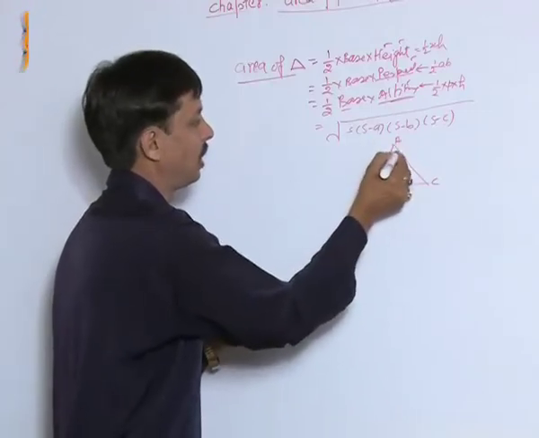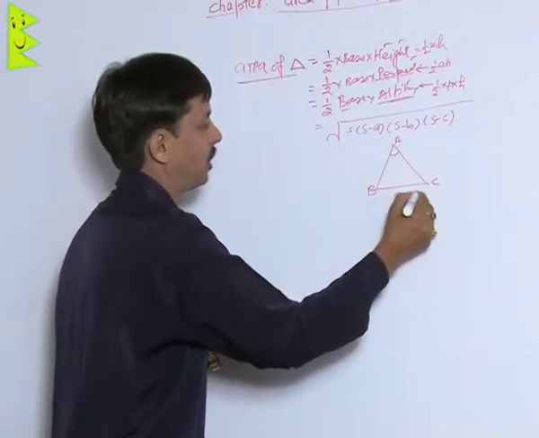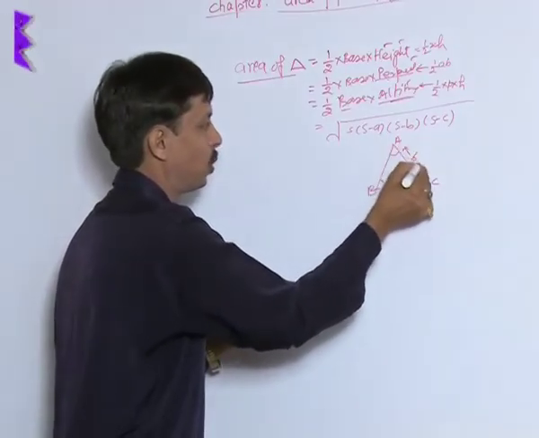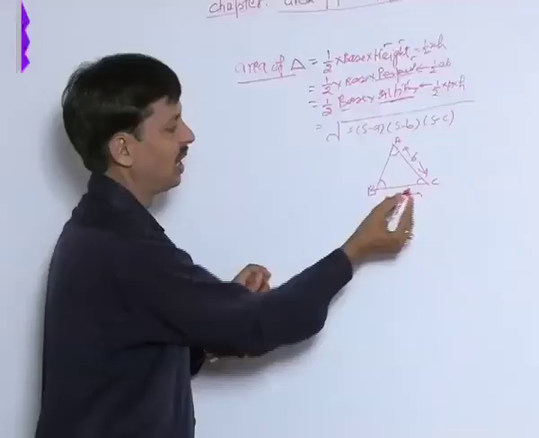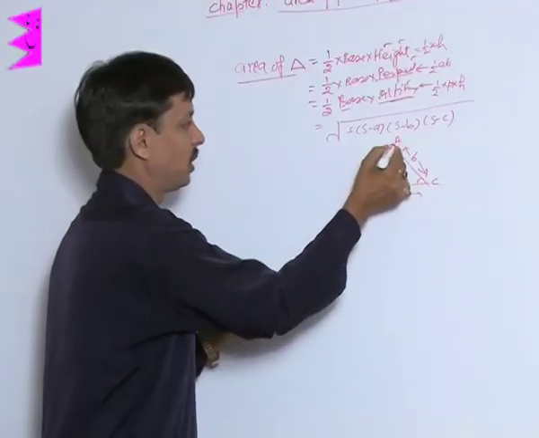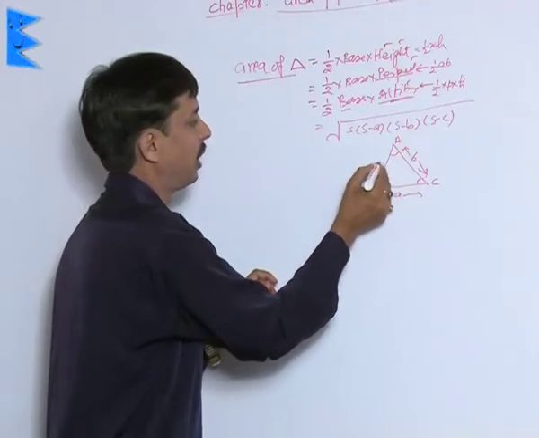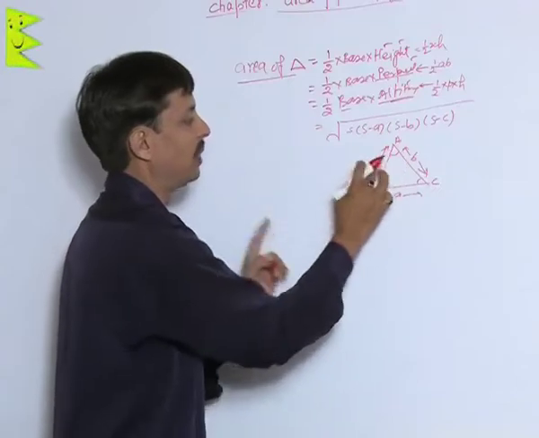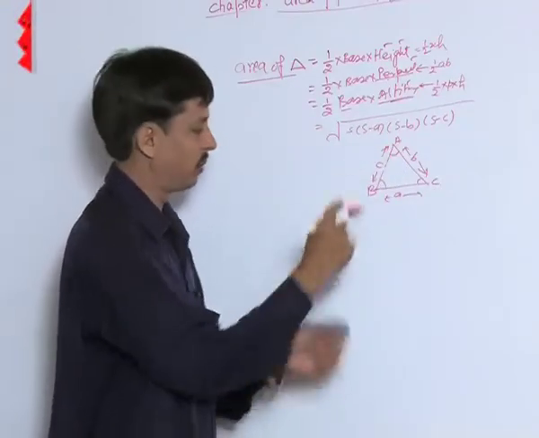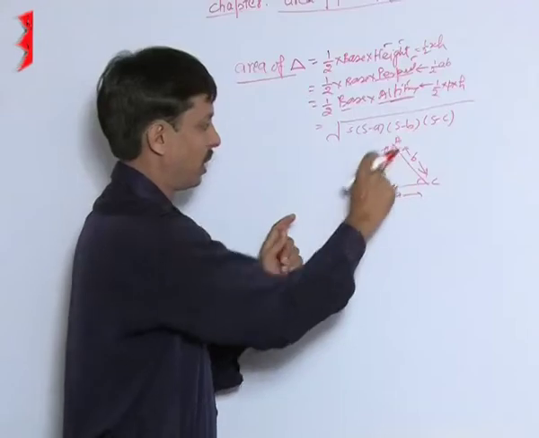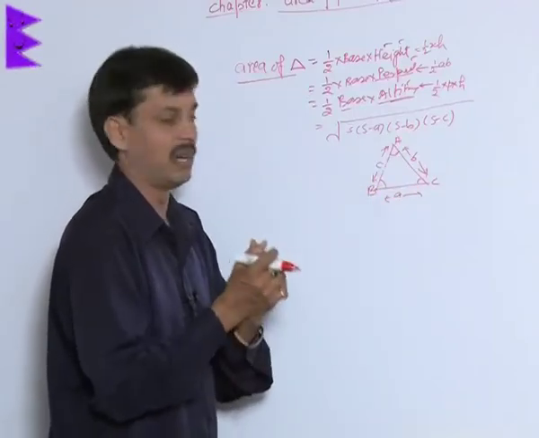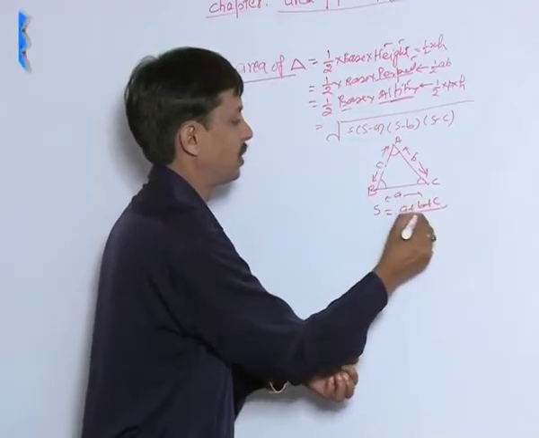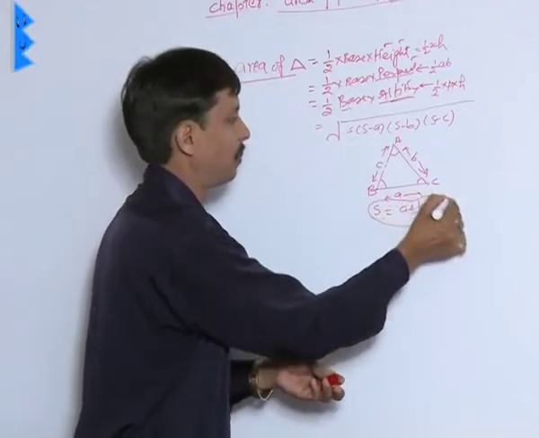The triangle's name is ABC. The length of the side opposite to A is a. This is vertex B, the length AC is denoted by small b. This is C, and the side opposite to it, AB, is considered as c, written by the symbols small a, small b and small c. Lengths are denoted by small letters, and vertices or angles are always represented by capital letters. Now the question is, what is S? S is equal to (a plus b plus c) upon 2, which is known as the semi-perimeter.